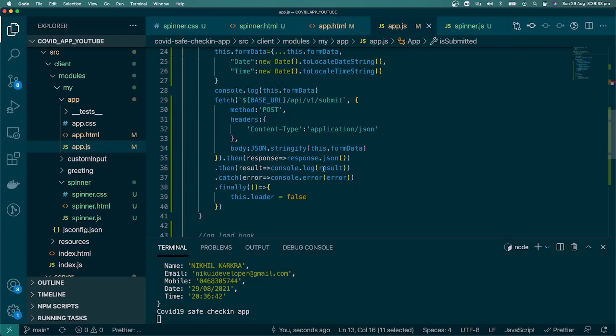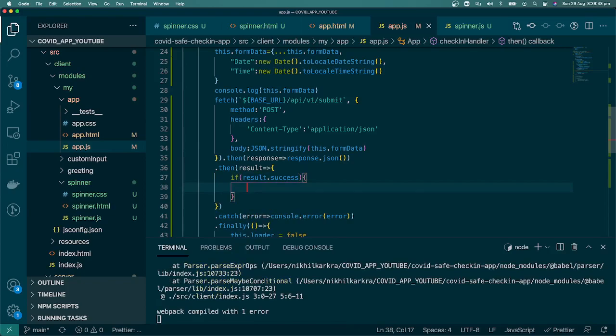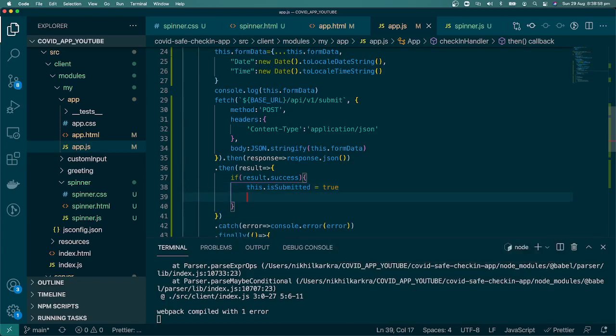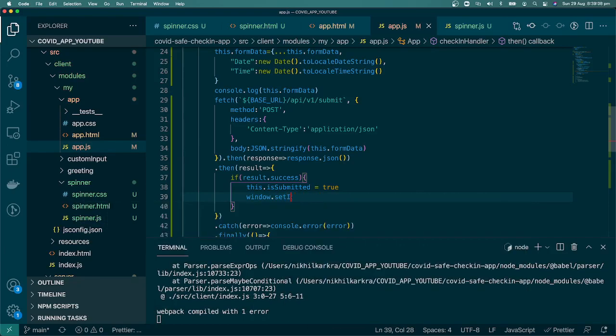So inside this, in our API, on click of the submit button, when the result comes, we'll check if result.success is true, which basically means the success returns true. We can simply say this.isSubmitted = true, and after a few seconds we just want to reset the form as well. For that, we can use window.setTimeout, not interval, it should be timeout,